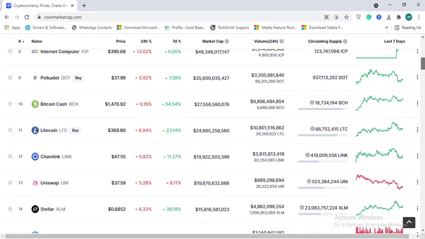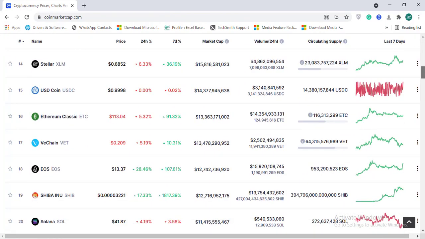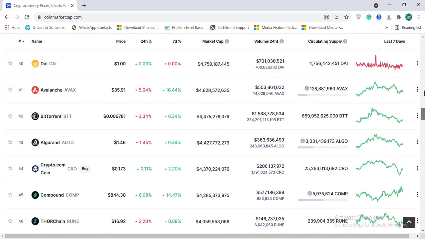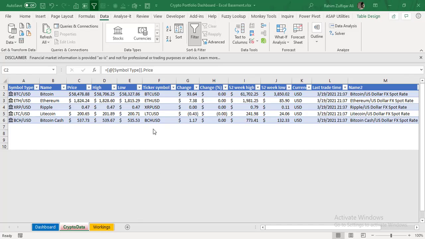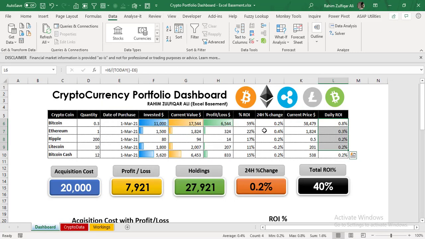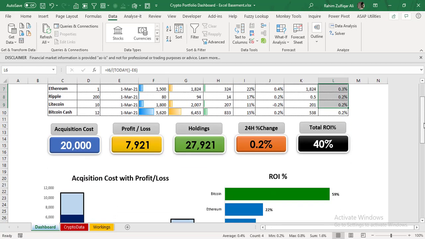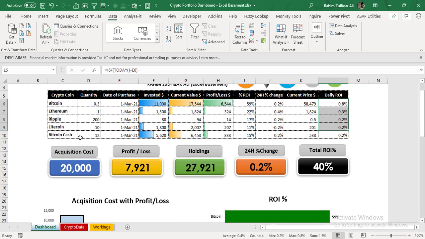Most commonly people buy in the top 3, top 5 or top 10 currencies, right? So in this version 2 template, you will find live cryptocurrency prices in Microsoft Excel. First, we have overcome this challenge. And then we have also improved some utilities, like we have added some more rows to our dashboard,